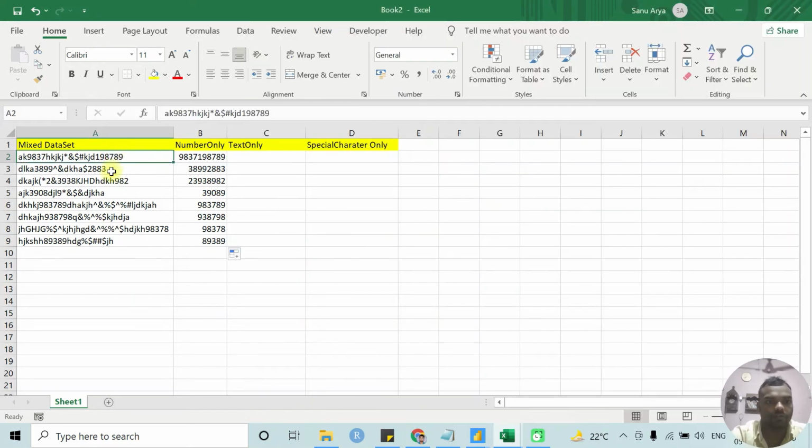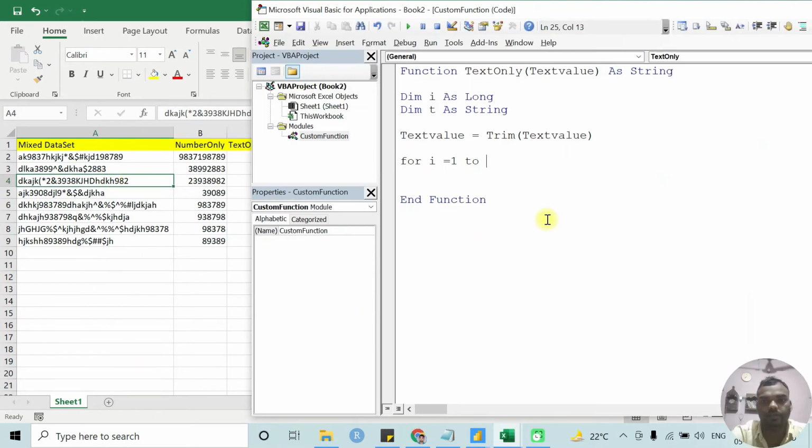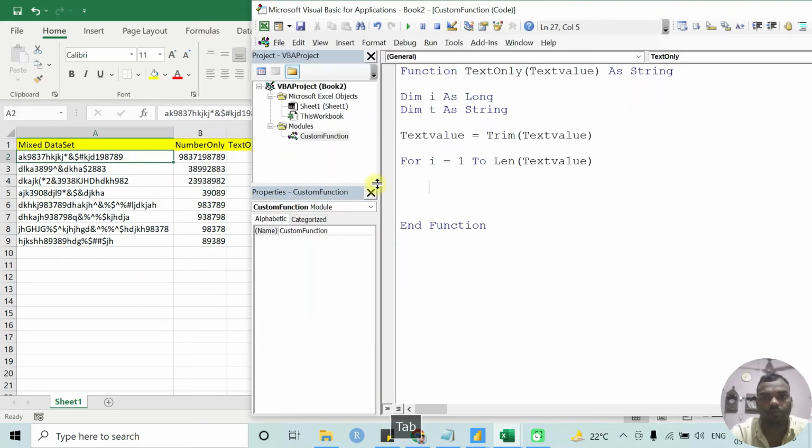The length of this string. How to get the length? Using the len function, len of text value. Check these characters one by one. How to check? Using if logic.